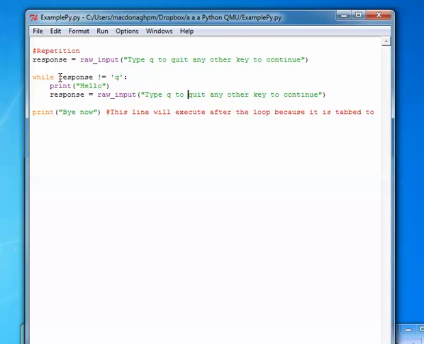This one I'm looking for this Boolean expression to be evaluated to true. So while the response is not equal to Q, that's a statement or a Boolean expression, and when it evaluates to true, it's going to terminate. And now